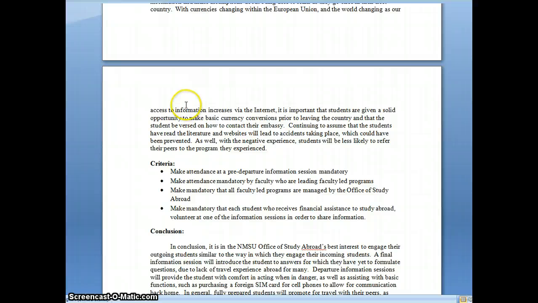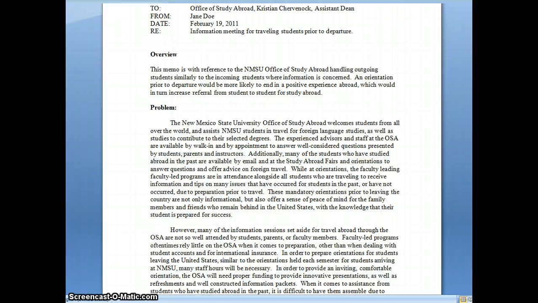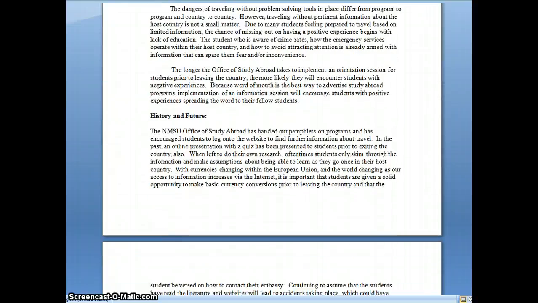Now once the problem memo is complete, we move on to the audience and research memo. The audience and research memo is very important because once you understand the problem, you need to analyze the audience and organization and gather data to document the problem and your solution. Now the audience memo, what you do for the audience memo is you pull in the first part of the problem section, but then you add